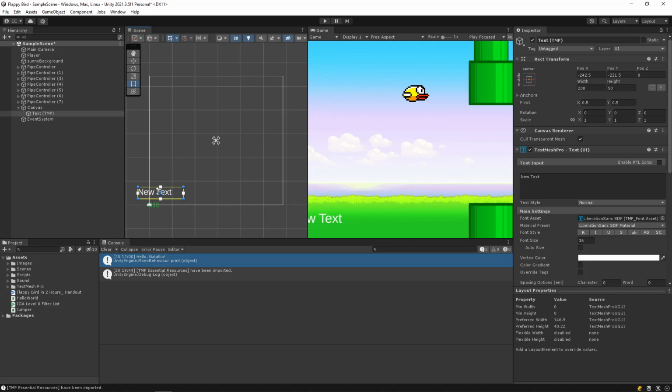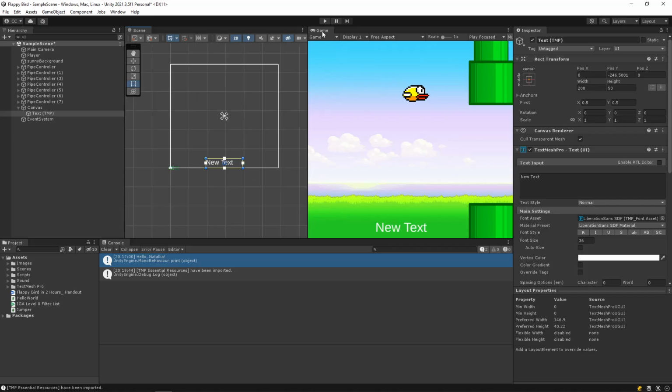If I just left this inside the center of the screen, and I was to place this on a different aspect ratio, notice that the text does not stay at the bottom of the screen. It's not what we want. What we want it to do is stay at the bottom. And so in order to do that, we just set the anchor to the bottom of the screen just like that. And we can drag it just with our cursor, just like that.